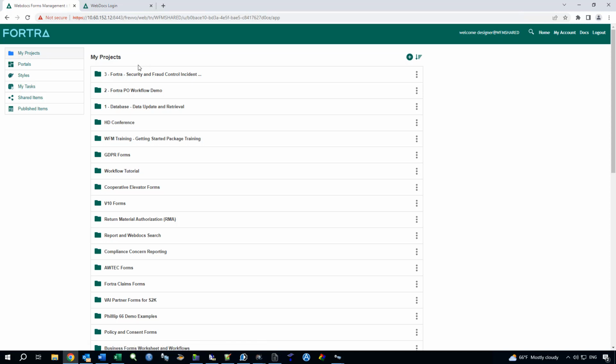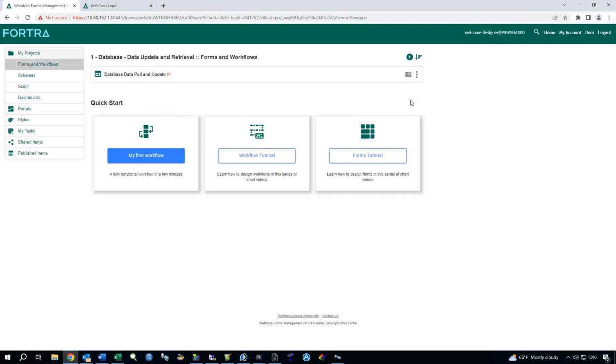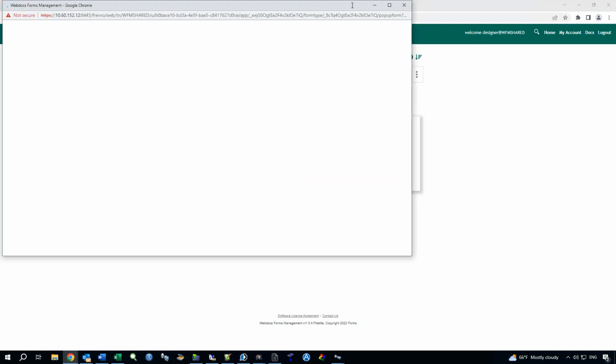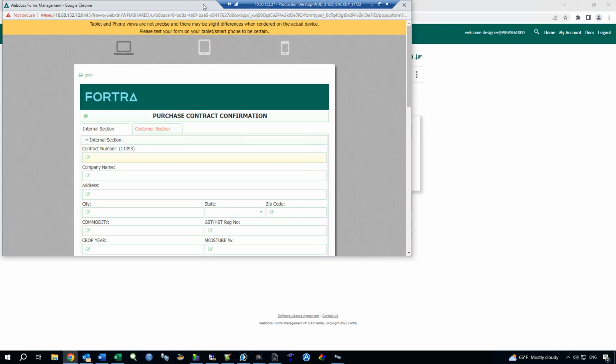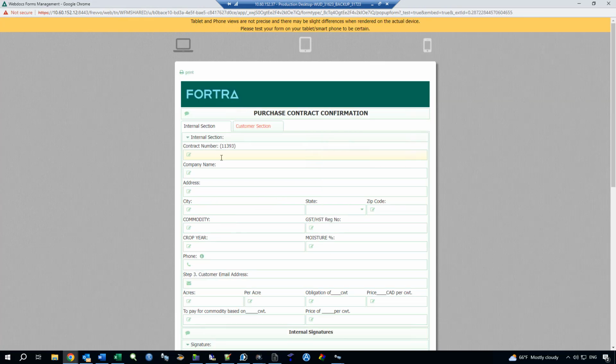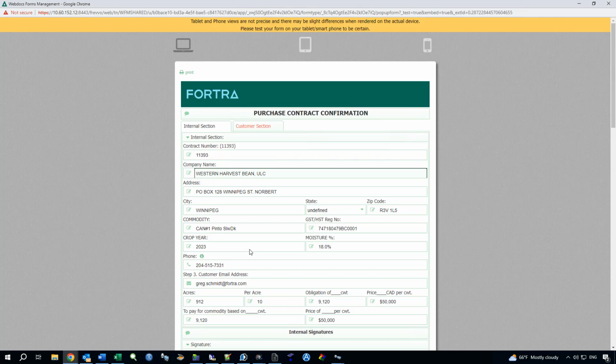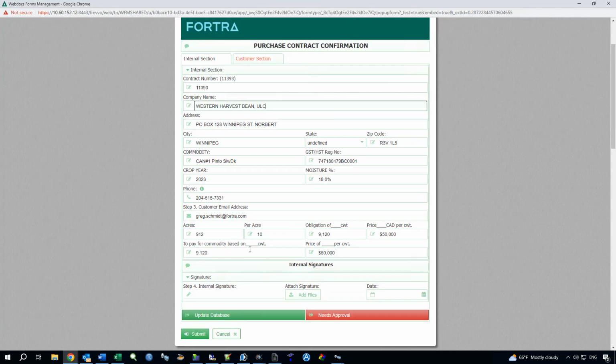If you're part of a designer function or role inside the system, you're going to have access to create forms inside the system. Now, some of the end results I'll show here. The first one is more of a form where it might be a database retrieval process, or data retrieval process, where I need to enter in a value,